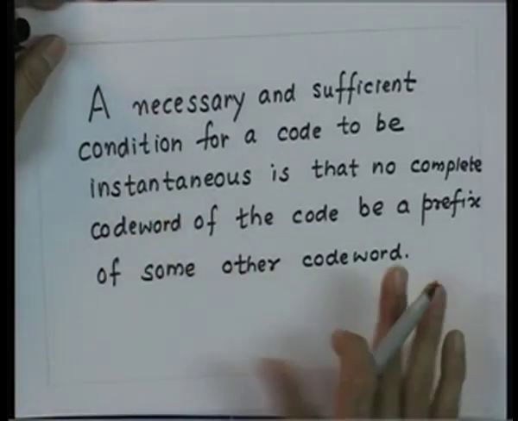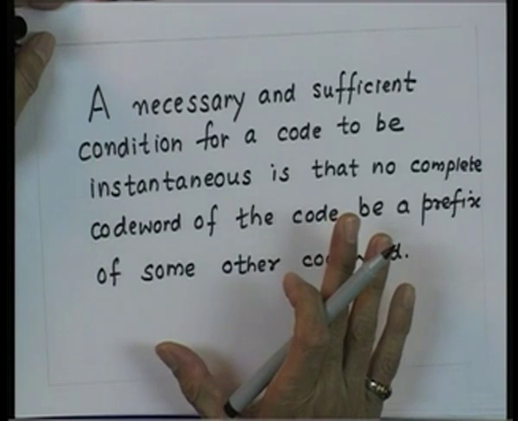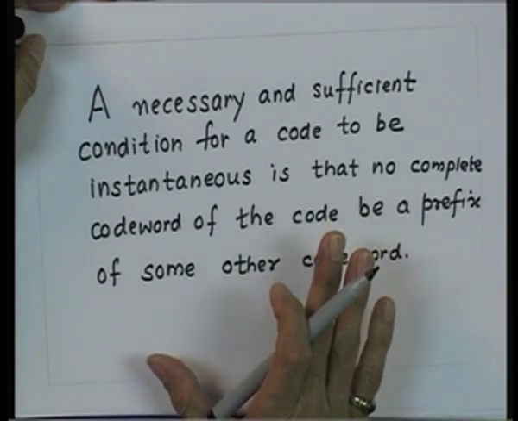If this test is satisfied, then we can say that a code is an instantaneous, uniquely decodable, non-singular block code. Now, what it means here is, if you take the example which we had considered,